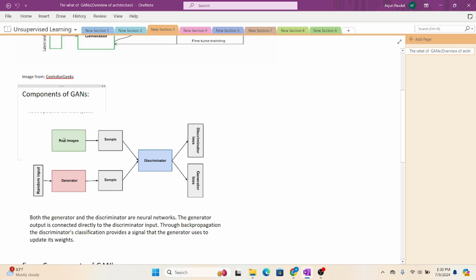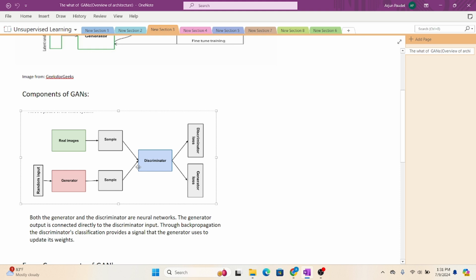And this is the real data, our image dataset. This is the random input, which is sampled from a normal distribution, or known distributions, from our sampling process. Sampling is easy, and we probably use normal and uniform distributions for sampling this random vector. We pass this random vector into the generator, and it will create a sample. This is also a sample from the real dataset, and we will give them to the